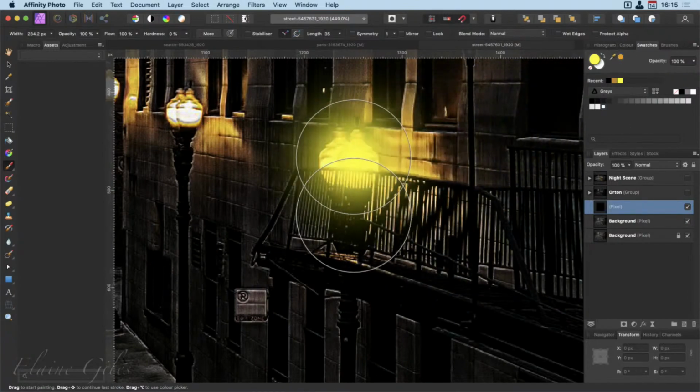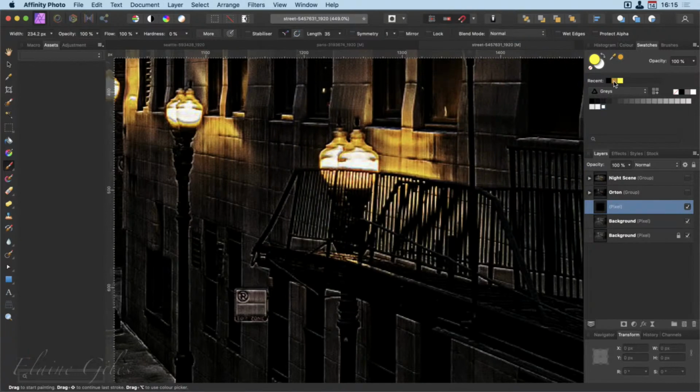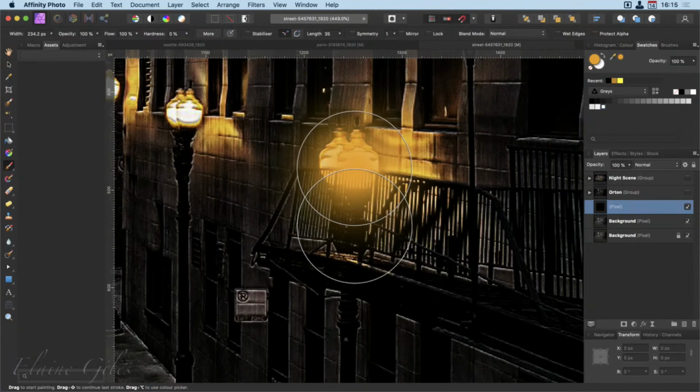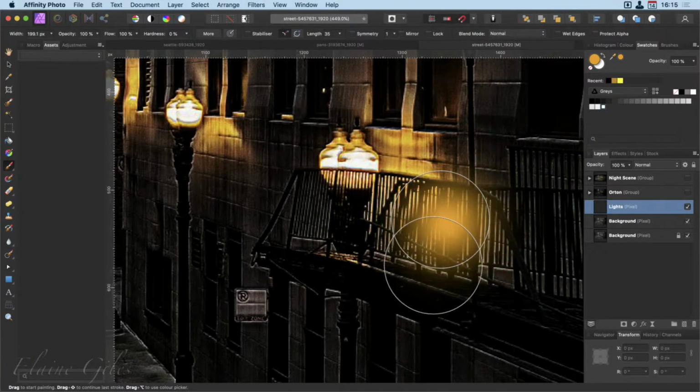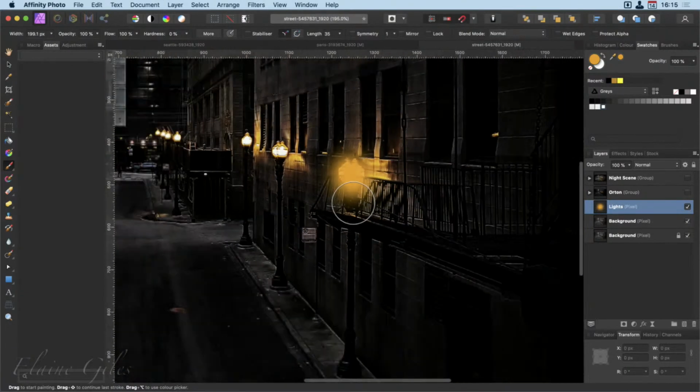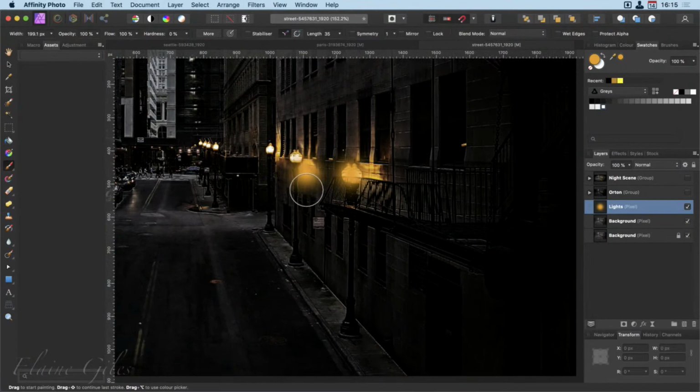So, I think that was the one there, wasn't it? There we go, we'll have that one that we've just picked. Right, making sure I'm on the lights layer. And literally, I'm just going to do this very quickly. You'll get the idea. Trick with this is, when you've done the front one, you're moving further away, so make the brush a little bit smaller. A little bit smaller every time you move backwards, and that will make it look more